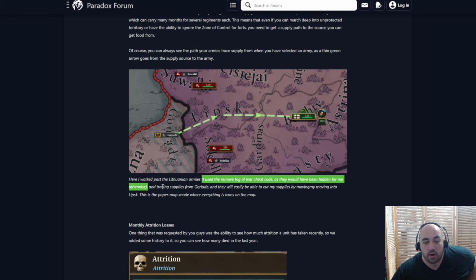And so I think having a lot of flanking armies and mobility-oriented armies is maybe going to be a thing as well, which would definitely make sense. And information is going to be much more valuable, because if you don't know these armies are here and you advance in like this, you're going to get your supply line cut. And tracing supplies from Goriades, they will easily be able to cut my supplies by moving